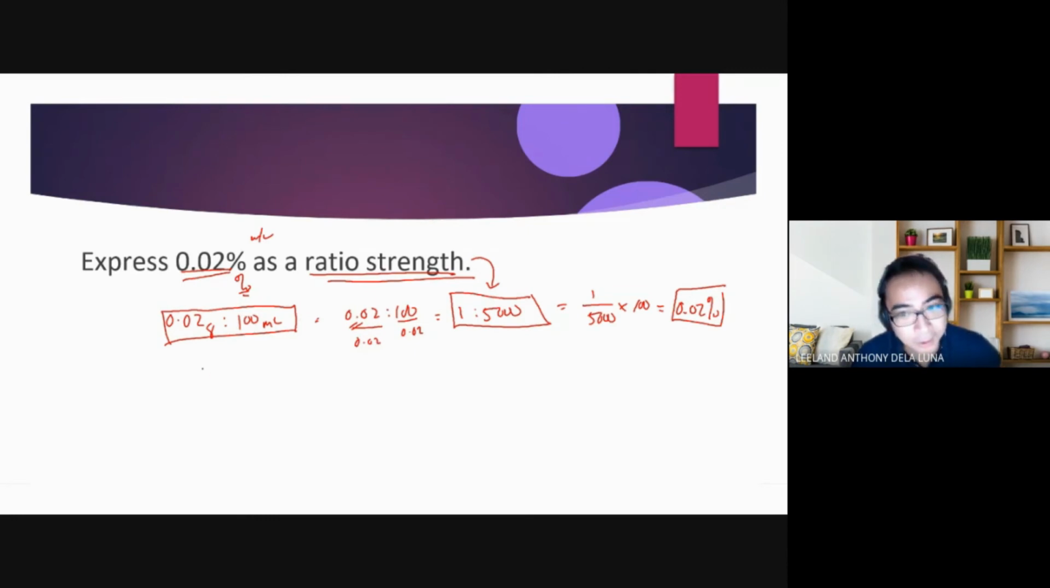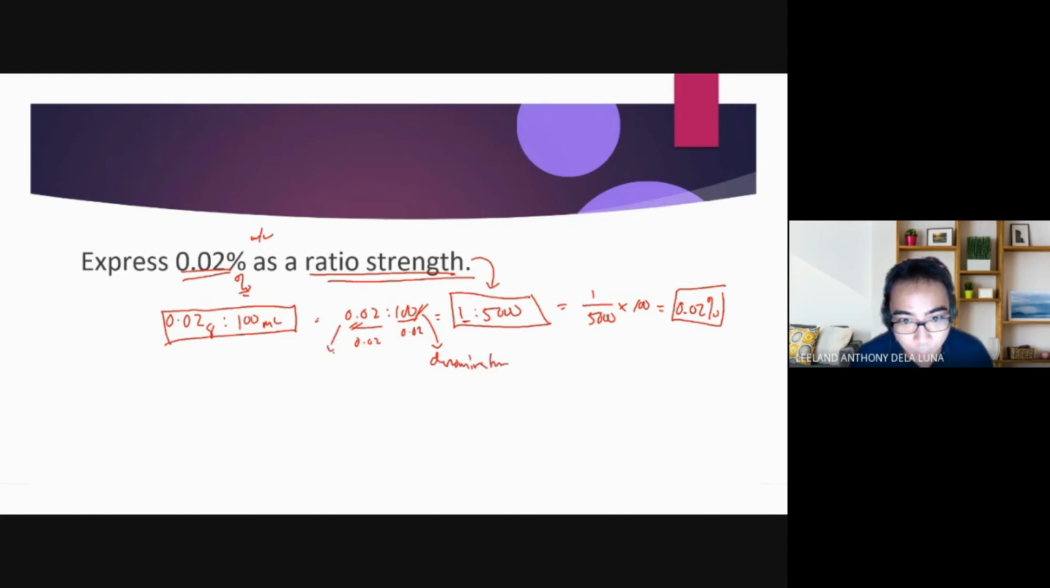Pero nga, sabi ko, kapag magpapakita ka ng ratio strength, ang numerator mo dapat 1. Okay? Technically, yung numerator mo, extreme portion to. Okay? Pero anyway, yung numerator mo, class, should always be expressed as 1. And to do that, divide the numerator by itself. Okay? Then the denominator, which is the 100 here,